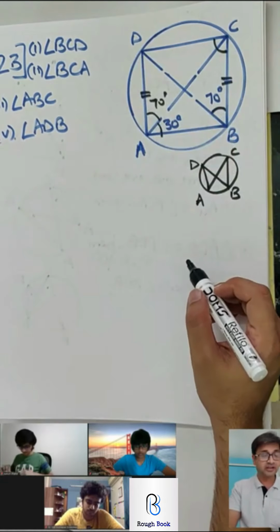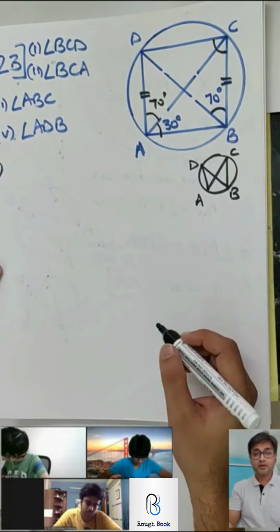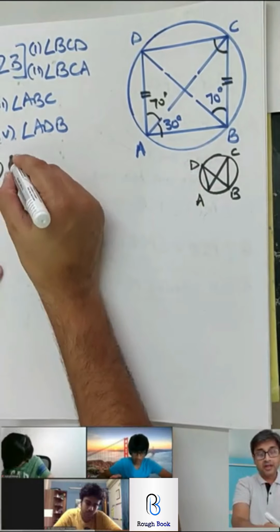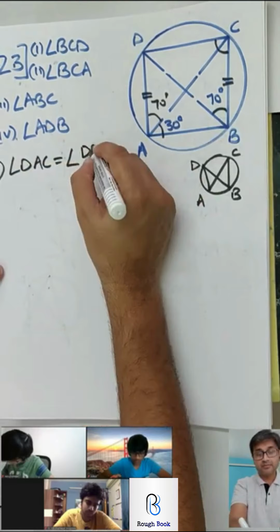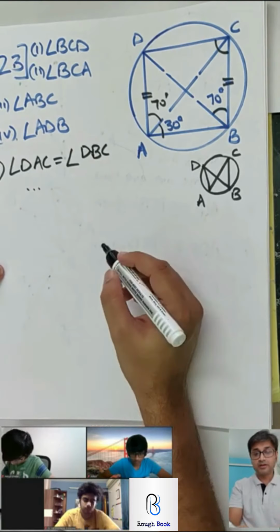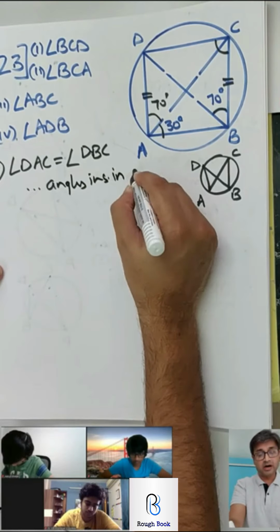Come on, let's write BCD. Let's get it as 80. Then we'll talk about the second part. Come on, let's hit it. So number one, I would say angle DAC is equal to angle DBC. Reason would be angles inscribed in same arc